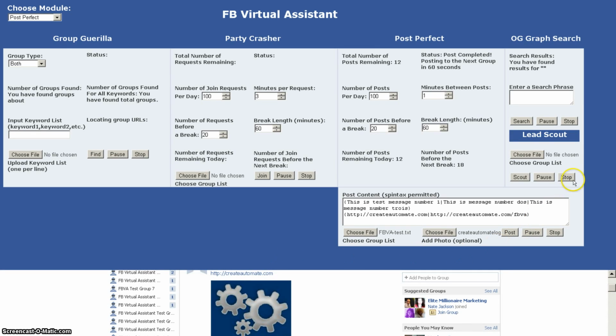I decided to do the Lead Scout next. I want to show you the features of that. The first thing that we're going to do: what Lead Scout does is it goes from group to group, just like Post Perfect and Party Crasher, and Lead Scout will download all of the members that are visible in that group. It won't download all members of the group because